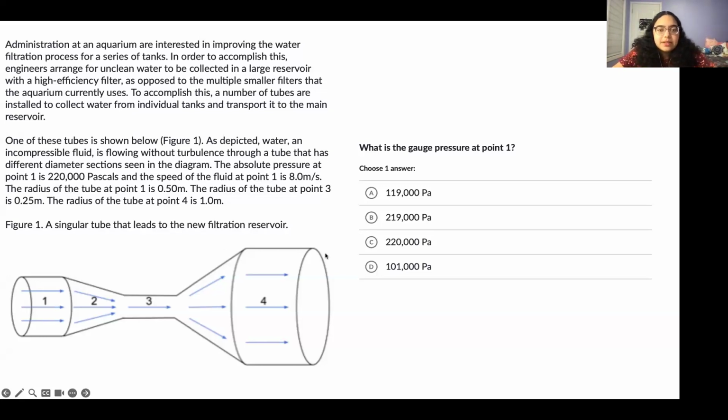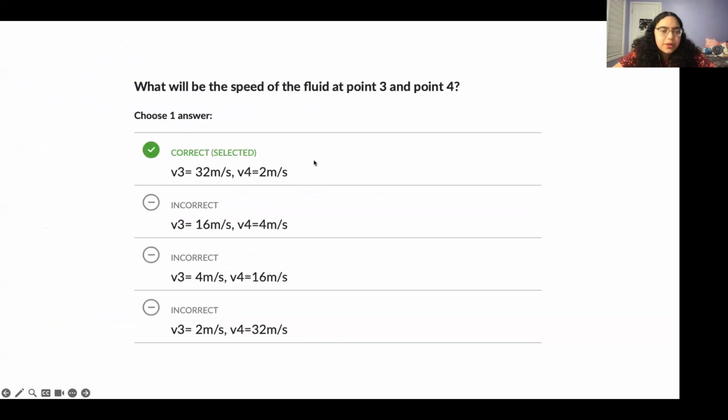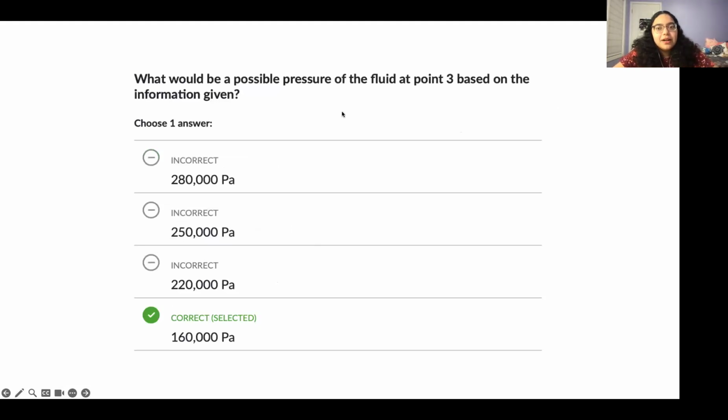And so 4 times 8, it's going to be 32. You do a similar thing to 4. I don't know if 32, oh yeah, the 32 is enough to solve it. So that's another thing with these questions sometimes: you could do the work to find V4 as well, but just knowing V3 is enough. So take a second to look at the answer choices and figure out what do I really need to know? How much do I really need to solve here?